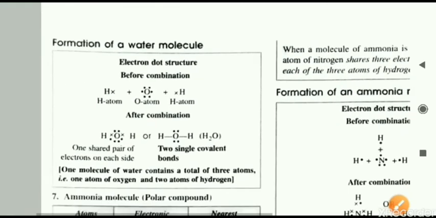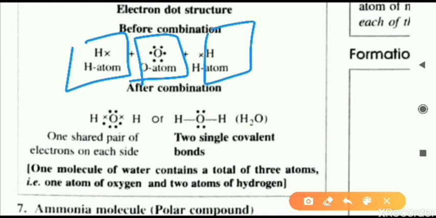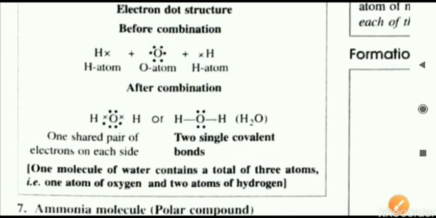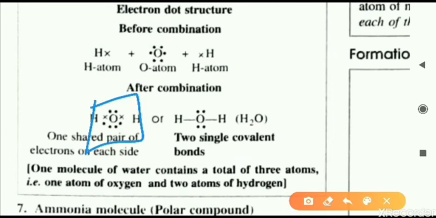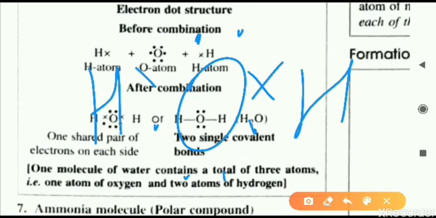Downside, you can see the oxygen atom in the center, where we have drawn 6 electrons, and both the hydrogen atoms are sharing one electron each on both the sides. As a result, the bonding takes place. Let me draw it for you here. Oxygen has 6 electrons of its own. Now the hydrogen atom gives 1 electron from this side, and this side also.